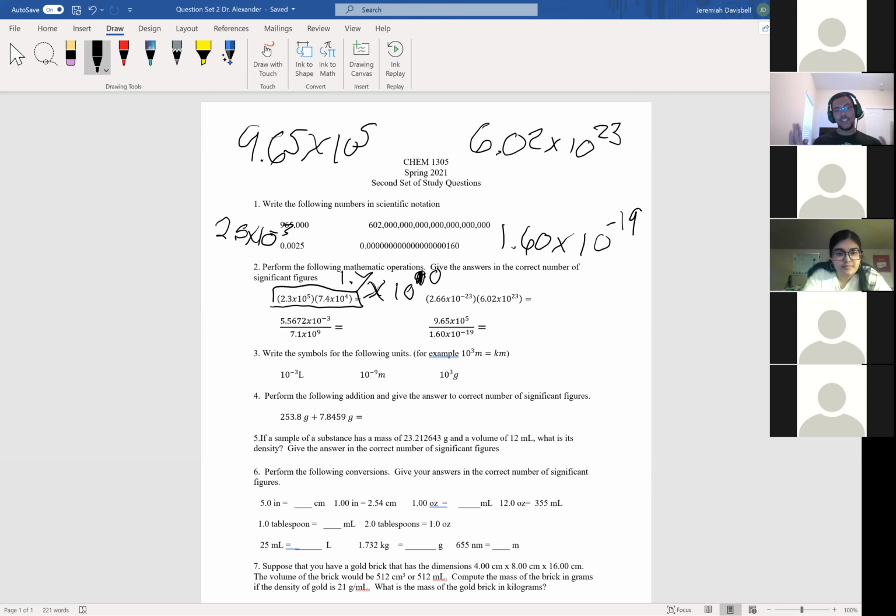But basically what you would do is multiply the coefficients first, and then that will give you an answer, and then you convert it to the significant amount of figures like Itzel just said, which will give us 1.7. And if you move the decimal point to the left, you're increasing the exponent. If you're moving it to the right, you're decreasing the exponent. Does that make sense to everybody?